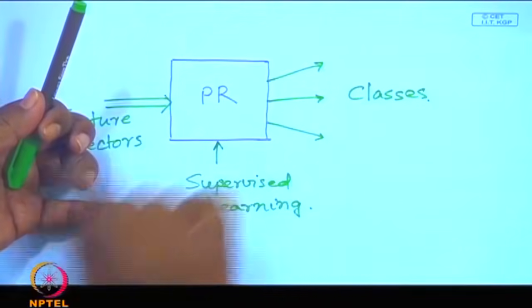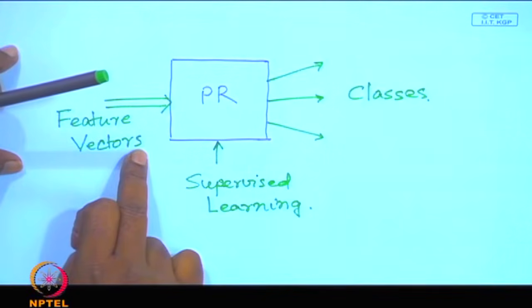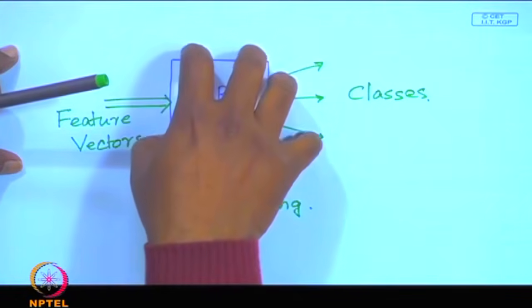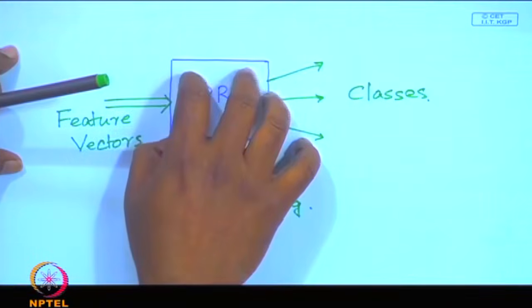Now, what do I mean by image classification? I can have images of different types. I can have indoor images, I can have images of natural scenes, I can have images of a shop floor. So, if my pattern recognition system is properly trained after properly finding out the feature vectors, then this system can be used to recognize or to classify patterns from any domain, right.